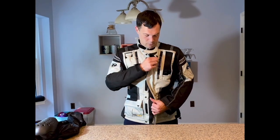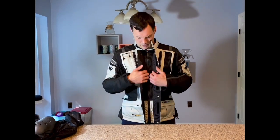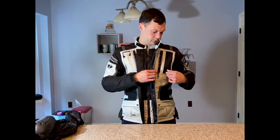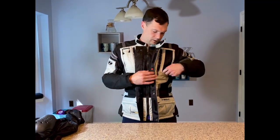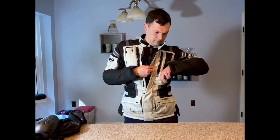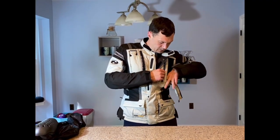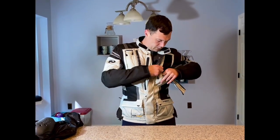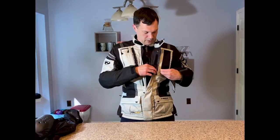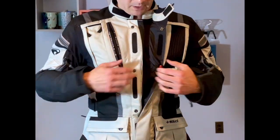airflow. You also have the ability to, like with most Held jackets, they I think pioneered this center air zip, which I see a lot of brands using, but I believe Held had it first. And on this jacket specifically, it's kind of set up for you to do a partial zip down, and this is a little hard to find when you're kind of just standing around. It's something you probably want to do before starting riding. But it has these little snap pulls on either side that come out from the panels, and that will help